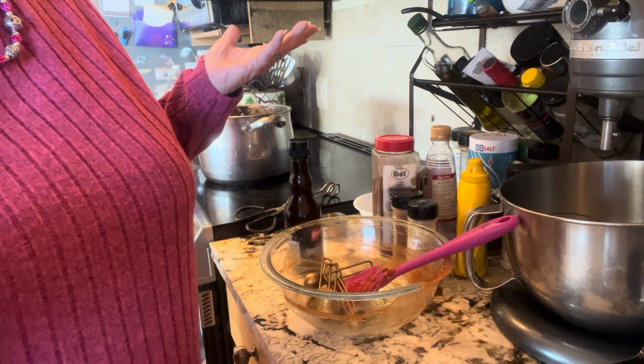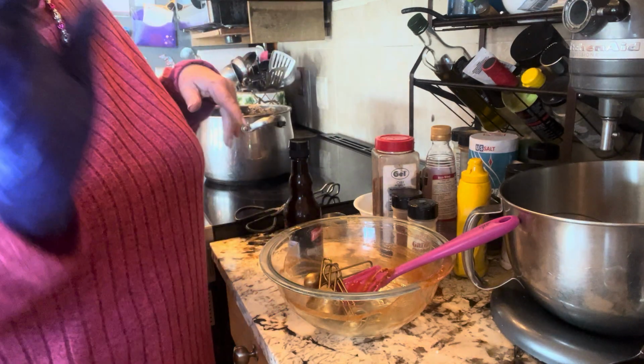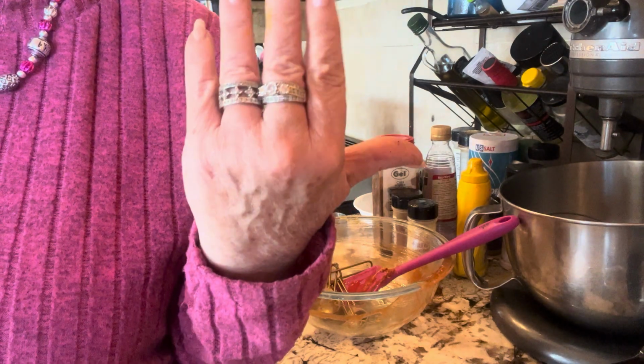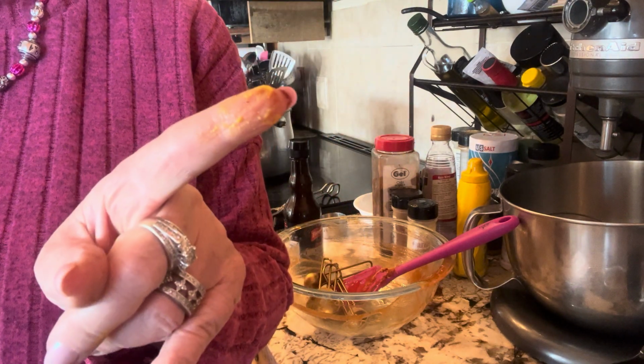And that is the rest. And look, for those people who didn't like my jewelry and my long nails, I did not touch it with this hand. Although I do have some mustard. Oh no,